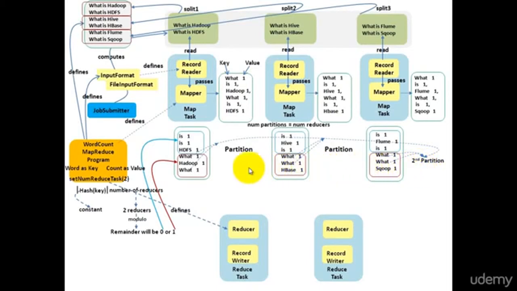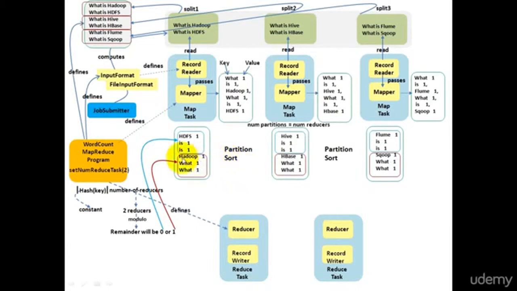After the map output is partitioned, each partition is sorted independently. An important point to note here is that the partition is always sorted by key. The partition is never sorted by value. It is always sorted by the key. After sorting, shuffle and merge comes into the picture. In shuffle and merge, each reducer will take one partition from all the map tasks and merge it together. In this way, all the values of a particular key from all the map outputs will always go to the same reducer.